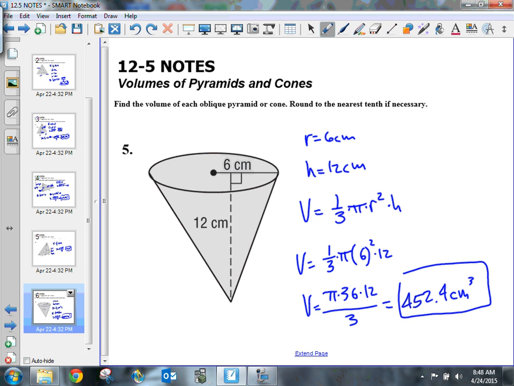So again, guys, this is just formula work. You got to be able to take a look at the picture, identify those measurements and what you're looking for. So for pyramids and cones, the volumes of them are very similar to prisms. It's just that we're dividing those by 3. So this should be good for your